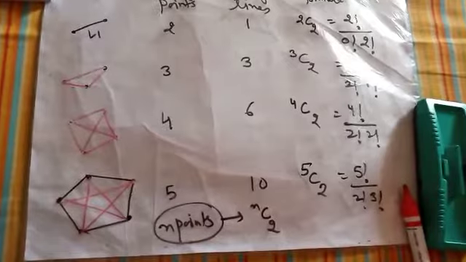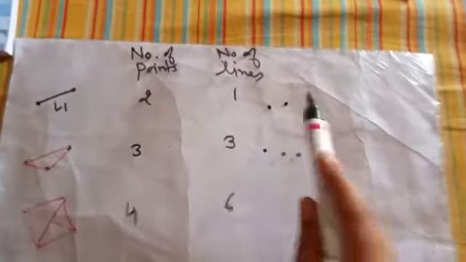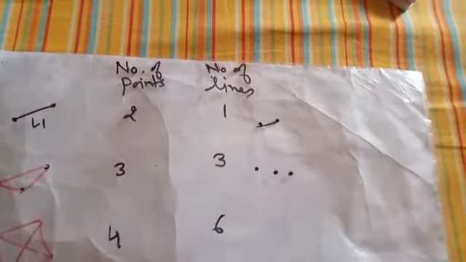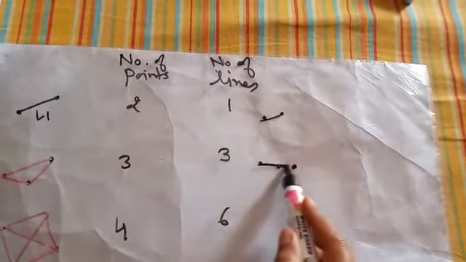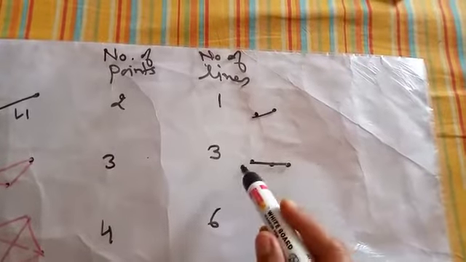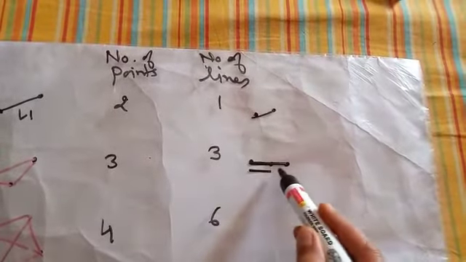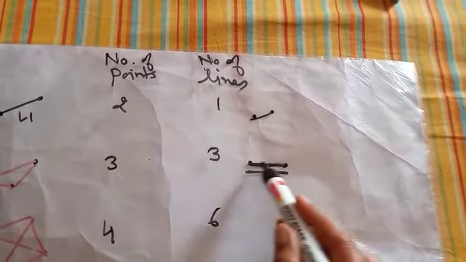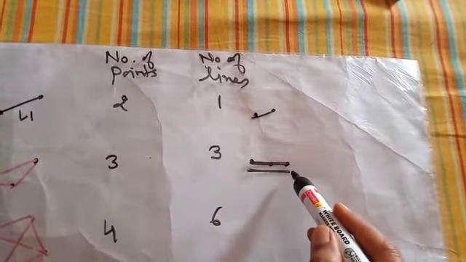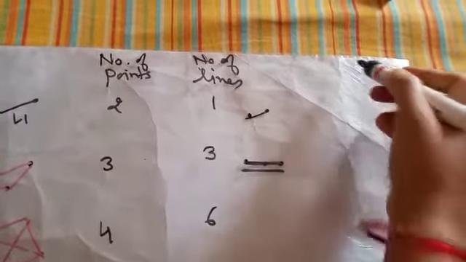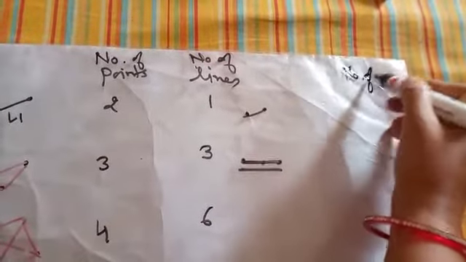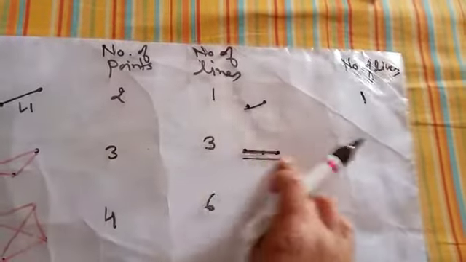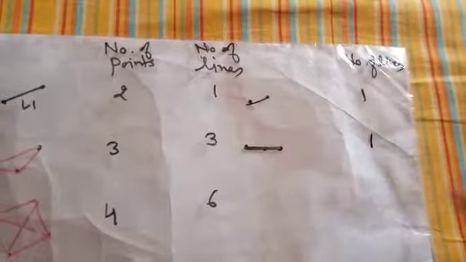Now let us bring in some change here. What if the points are collinear? If there are 2 points, there is no meaning of saying the points are collinear. They will always be collinear. But if there are 3 points and they are all collinear, then how many lines are formed? Only one line, because one line is this, another is this, and they coincide to make one line only. So L1 and L2 coincide to make L3. So how many effective lines now? Since the points are collinear, the number of lines is 1. There is just one line.